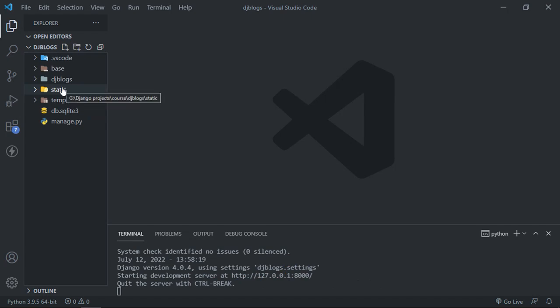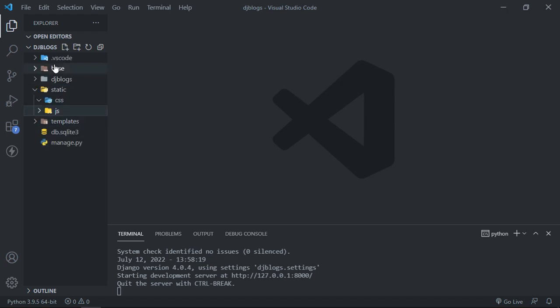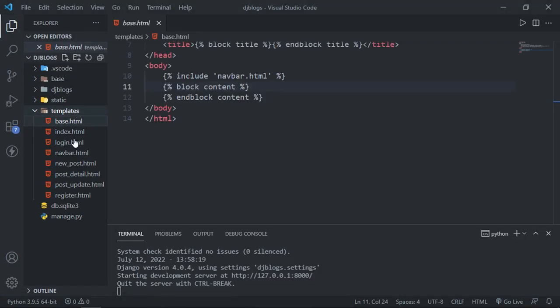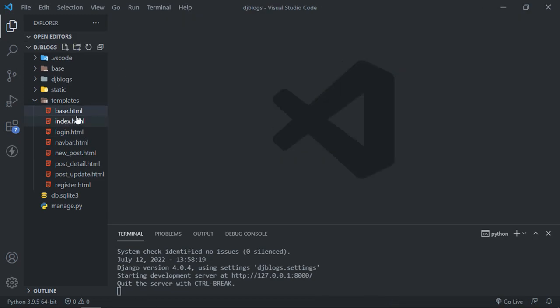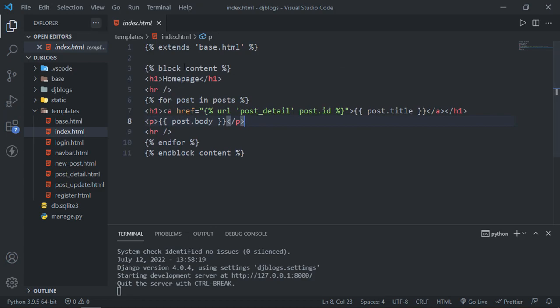So in this static folder I will create 3 folders. One will be for our CSS, and I will create one more folder which will be for our JavaScript, and then I will create one more folder which will be for our images. Now in the GitHub repository of this project you will have this type of directory structure. Open this templates folder and open this base.html file, not base.html file, open this index.html file, and in this index.html file